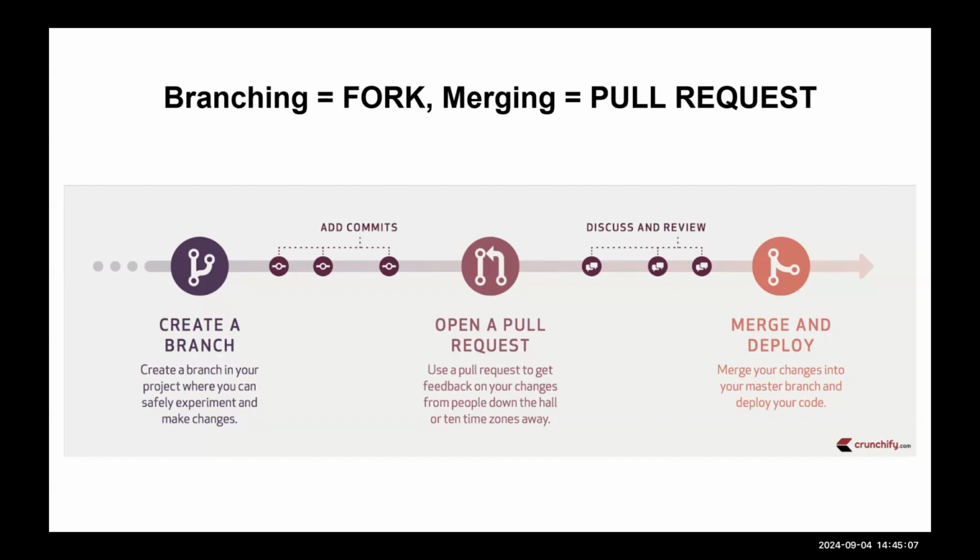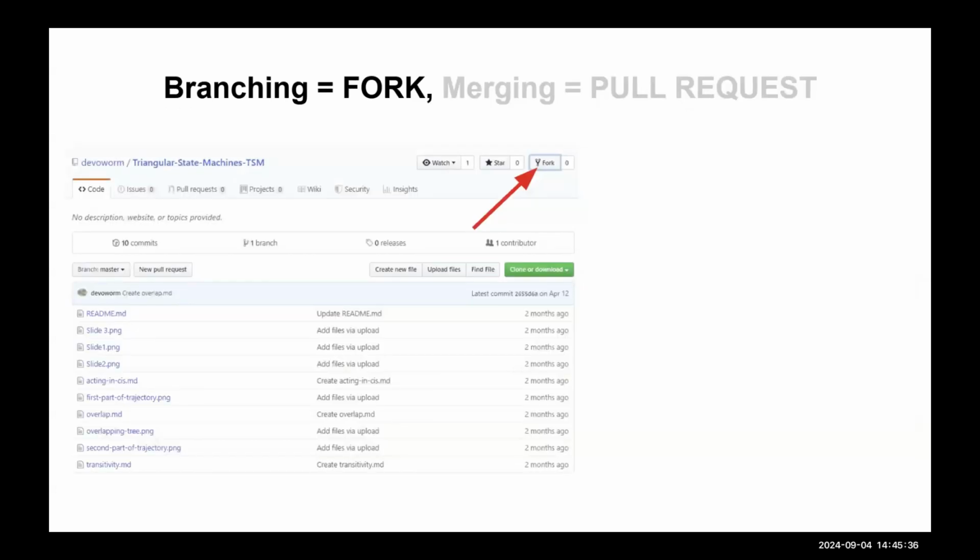And then merge and deploy in a software engineering context is where things are merged after the pull request is accepted. You have this discussion. It's a sort of iteration that goes on where you make sure everything is the way you want it. And then you deploy, which means if it's code, you can put it into production. Or sometimes if it's like one of our homework assignments, then it's ready to be graded. And so that's the whole process.